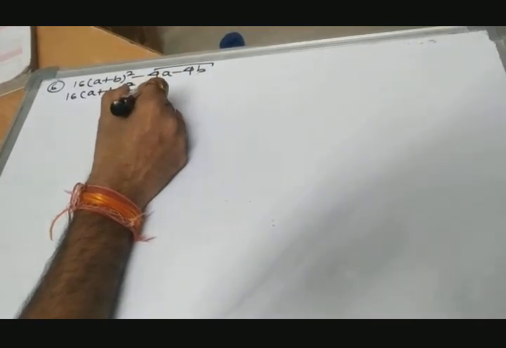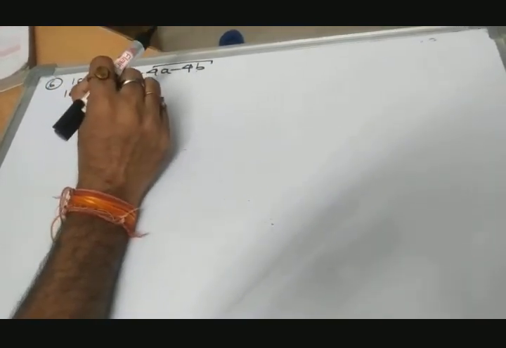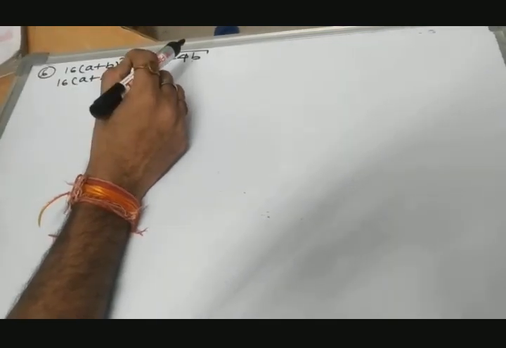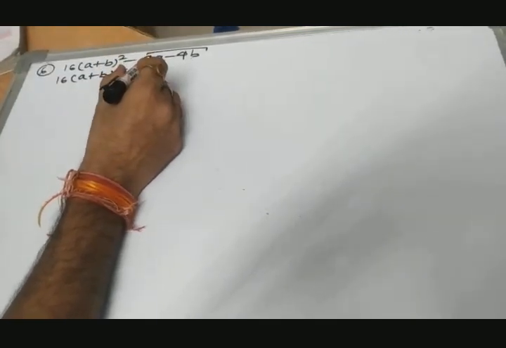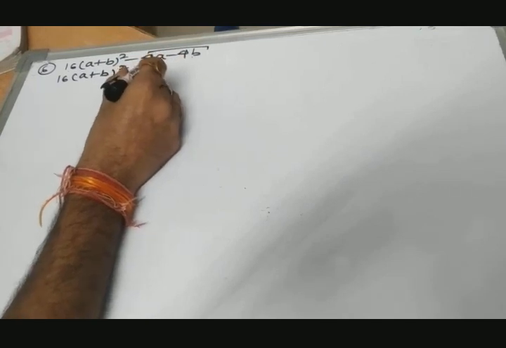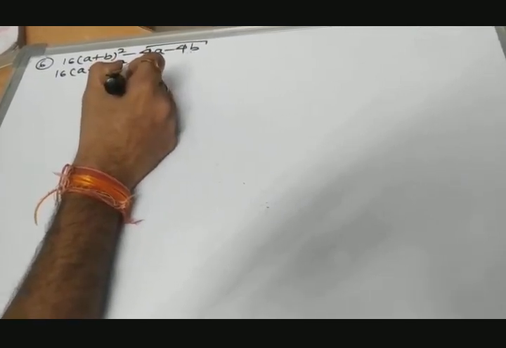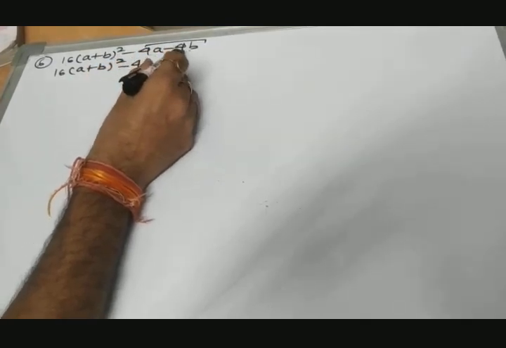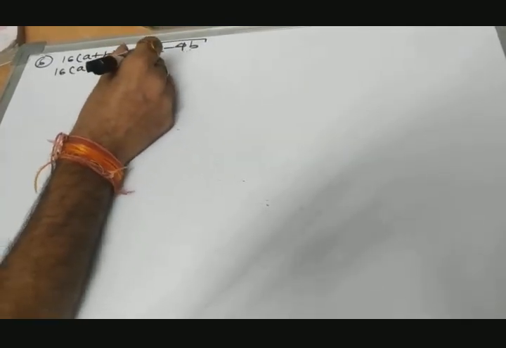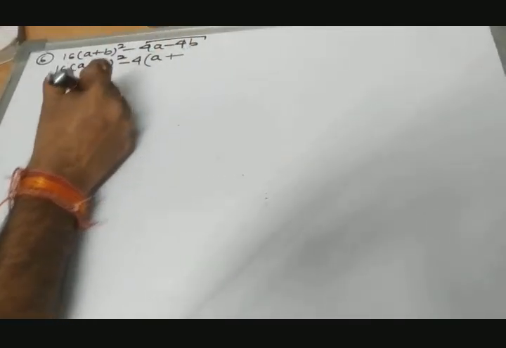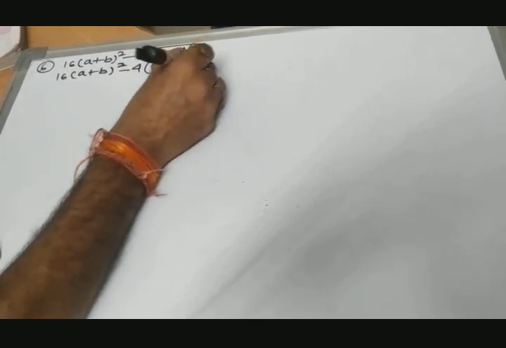So we will divide by minus 4, यानी common factor से हम उन टर्मों में डिवाइड करते हैं जिन टर्मों में आपने कॉमन लिया है. We have to take minus 4 as common in its second term and third term. So we will divide by the common factor minus 4 in second term and third term. When we divide minus 4a by minus 4, answer will become a. Minus minus plus, when we divide minus 4b by minus 4, answer will become plus b.